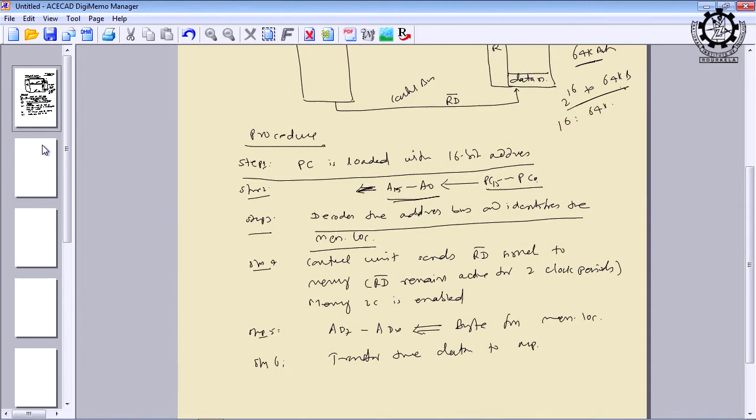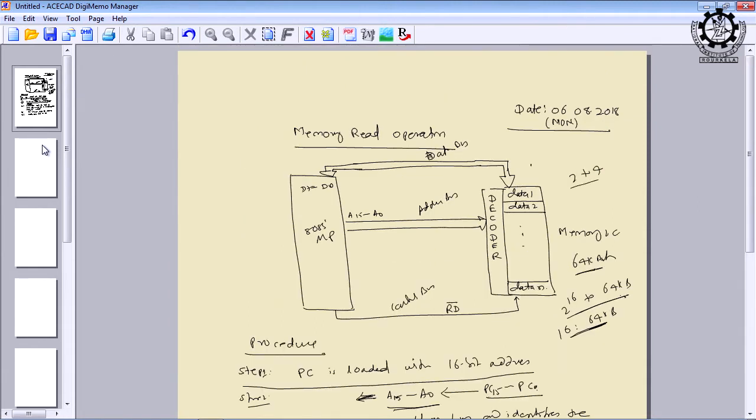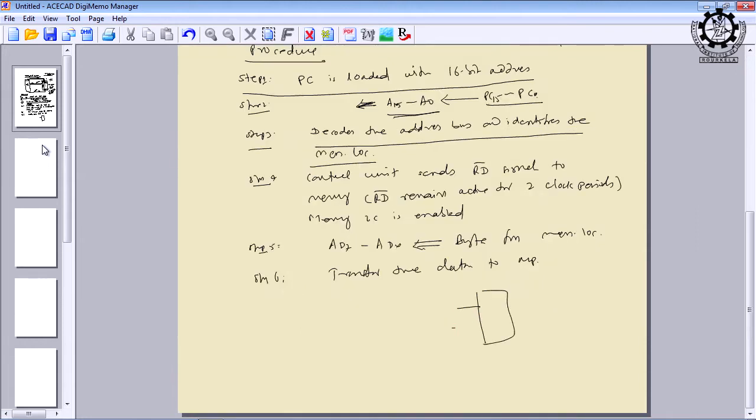16:64 KB. Suppose you have a 2 to 4 decoder, you know how to transfer these 2 inputs to one of the lines from the 4, isn't it? If you recall the decoder design, if you give 2 inputs, it will select one out of these 4 combinations. To make it more clear, let us take a 2 to 4 decoder. Because of these 2 inputs, I will get 0 0, 0 1, 1 0 or 1 1, 4